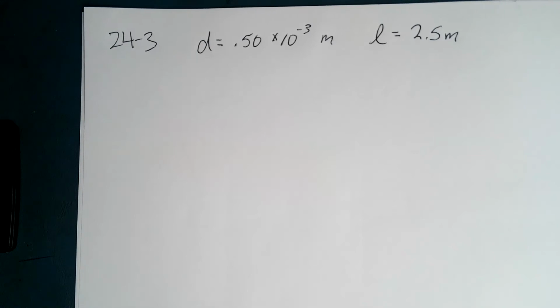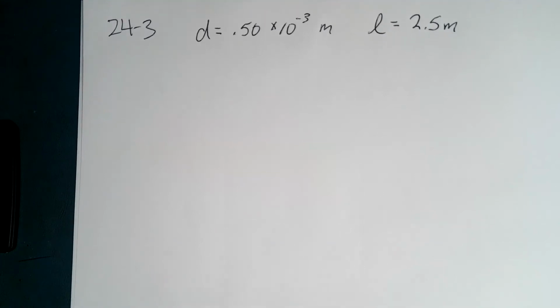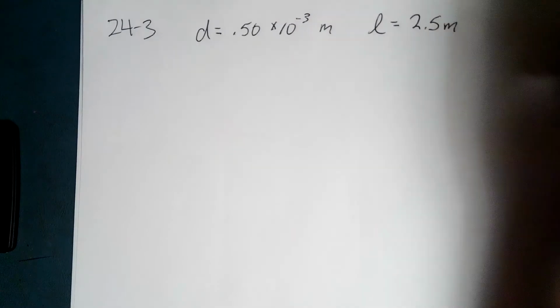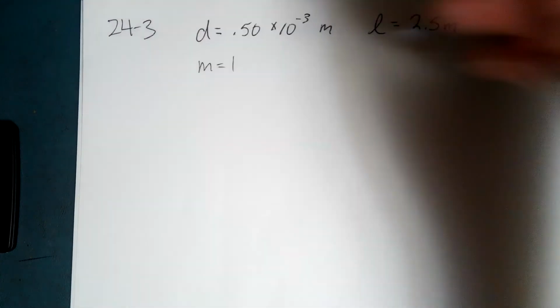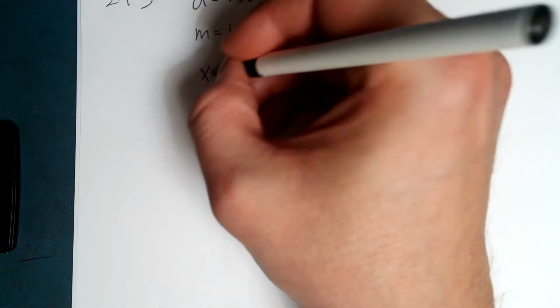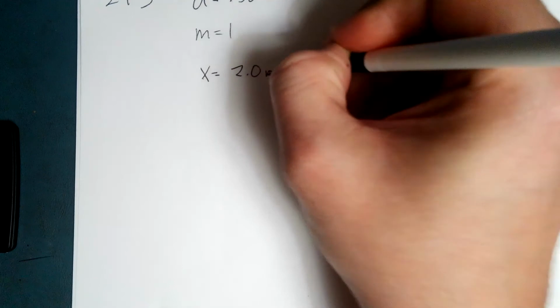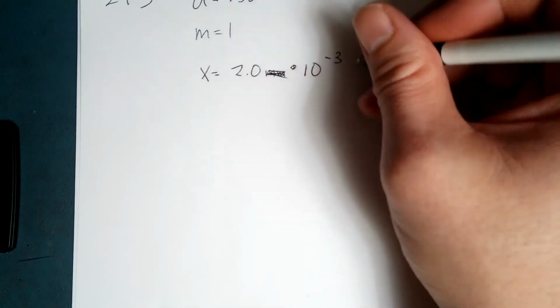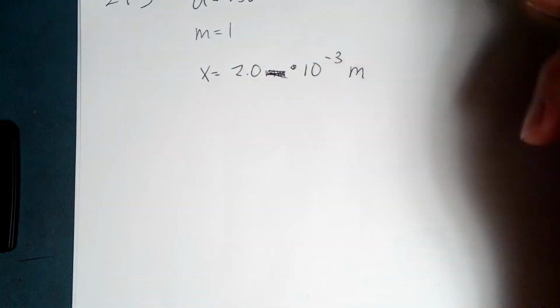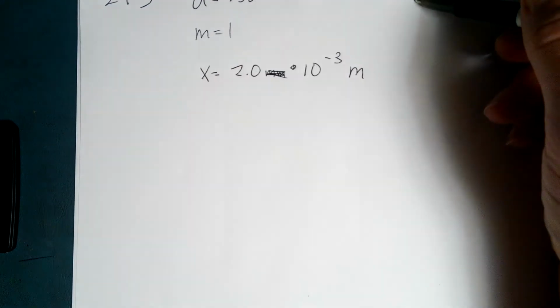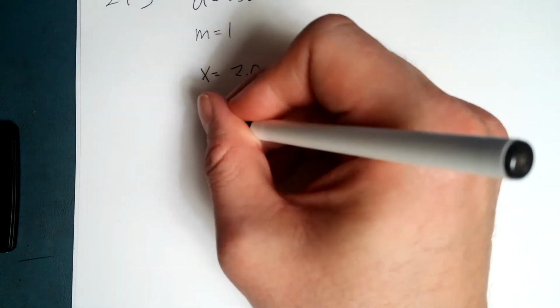Okay, now let's see what other information we have. First of all, again, M is 1. What do we have? Let's just do violet first. We actually have that X variable. So look back at the previous one and see that X variable was the linear distance on the screen, and we have L. Okay, so that means